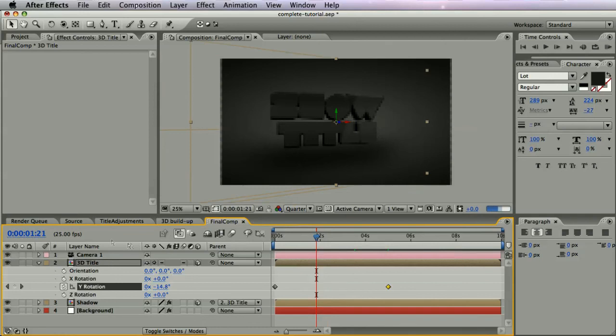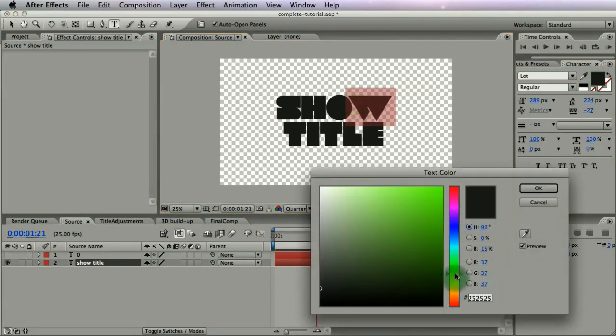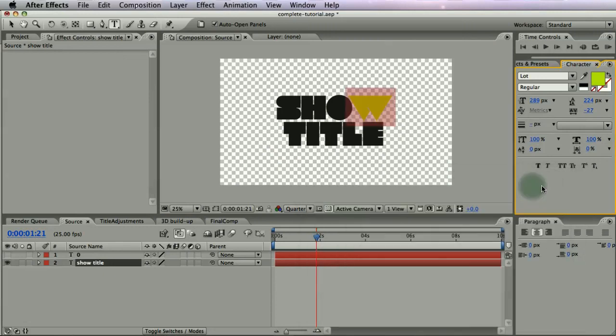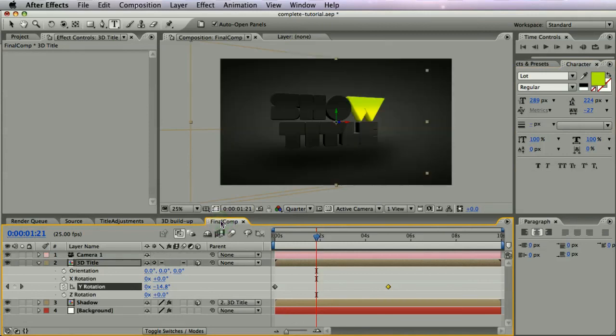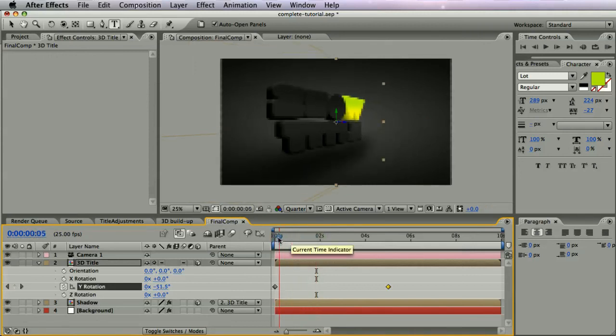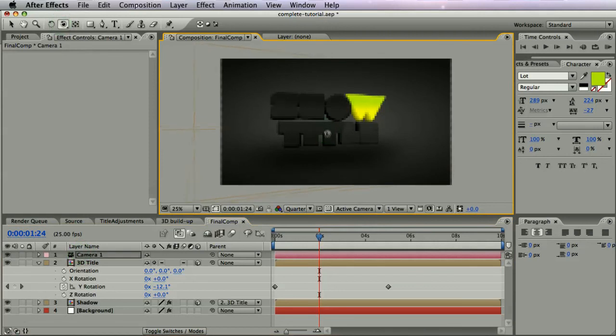Probably we can also make some adjustments in the color. For example, take this last layer and create it something like green, yellow, something like that to make it stand out more. Final comp. Yeah, that looks pretty good. You can rotate your camera to actually show